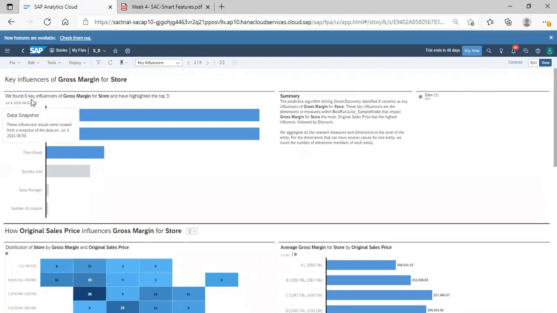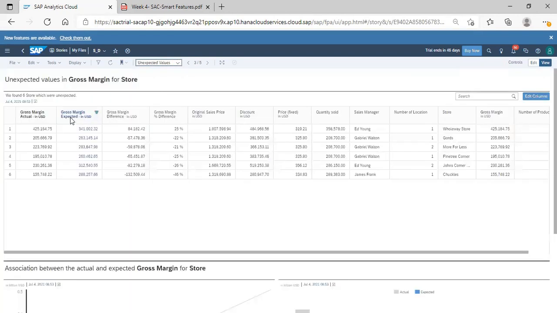We found 6 key influencers of gross margin of store and highlighted them on the top. So similarly, it will show the unexpected values here. You can see the expected gross margin for these key influencers.